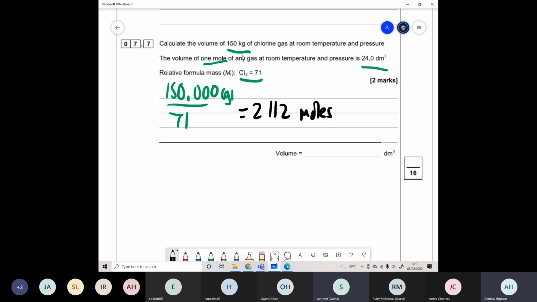Now, with 1 mole is 24 litres, then 2,112 moles would be 2,112 lots of 24, which will give us, should we just take the answer that we just got and times it by 24, and it would be quite a big number, because we've got over 2,000 moles, 50,704, I think we go for. Okay, so I'm going to stop the sort of